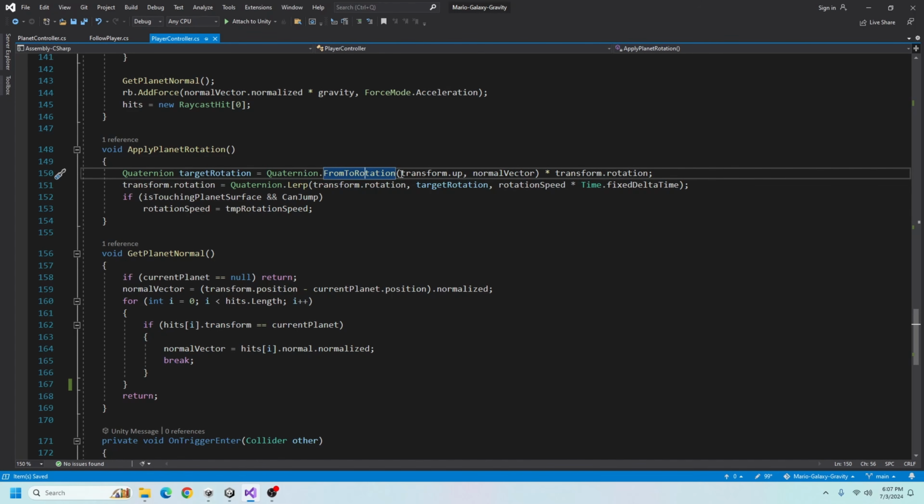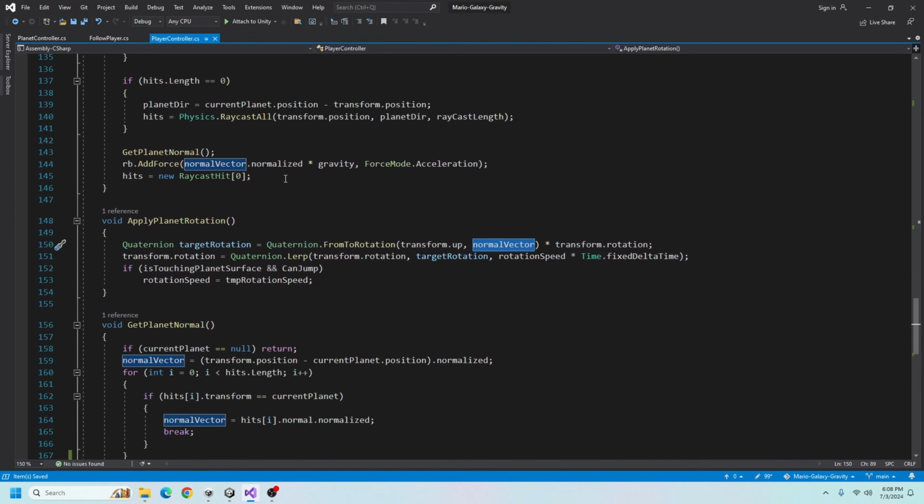So we want our transform.up value to rotate to the normal vector value that we're getting from our previous functions, and then we're multiplying by our current rotation. And then right here, I'm going to set our rotation equal to a Quaternion.Lerp function. So it's going to linearly interpolate between our current rotation and our target rotation by a rotation speed, and I'm